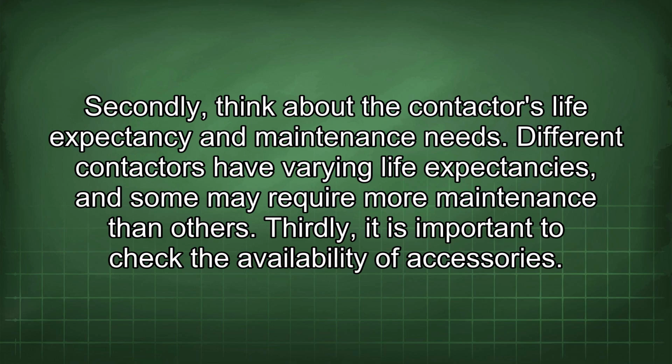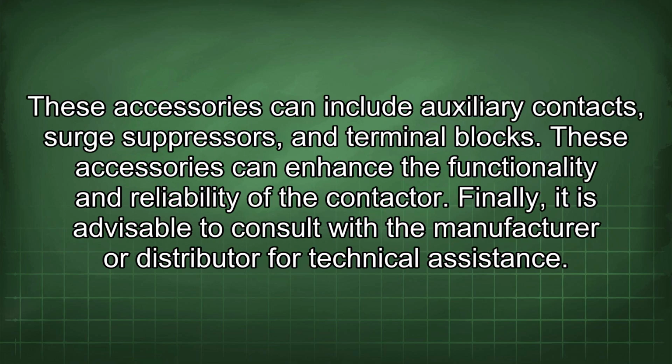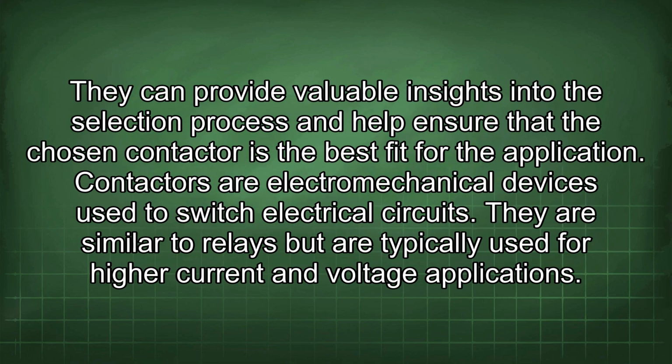Secondly, think about the contactor's life expectancy and maintenance needs. Different contactors have varying life expectancies, and some may require more maintenance than others. Thirdly, it is important to check the availability of accessories. These accessories can include auxiliary contacts, surge suppressors, and terminal blocks. These accessories can enhance the functionality and reliability of the contactor. Finally, it is advisable to consult with the manufacturer or distributor for technical assistance. They can provide valuable insights into the selection process and help ensure that the chosen contactor is the best fit